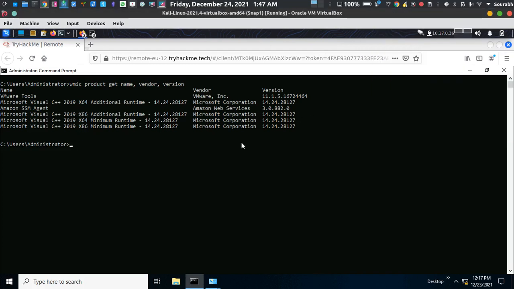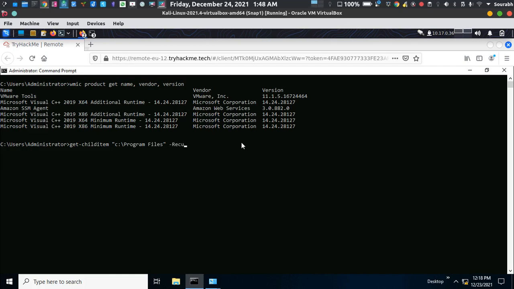Okay, so let me type this command: Get-ChildItem C:\Program Files, because all those programs are stored in Program Files.